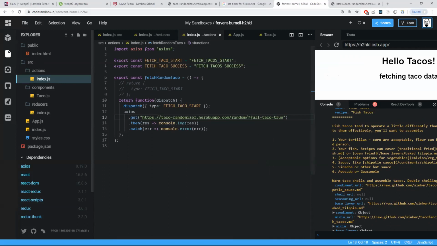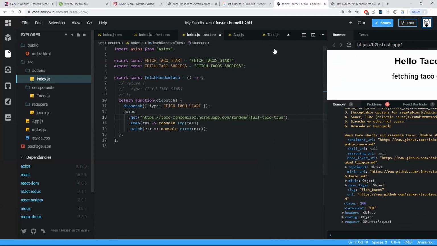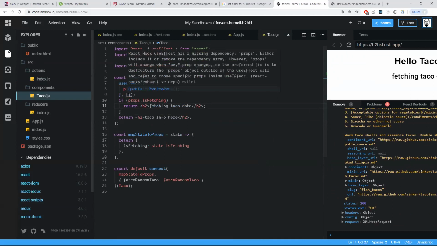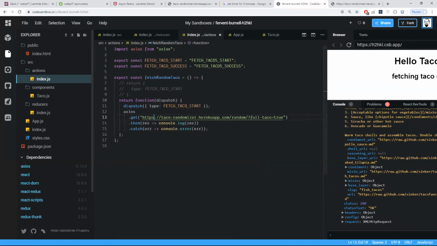And of course, we want this to be a different state. We're going to do that here. Yeah, let's do that now. So our taco, fetch random taco as we start. And then through the fetch random taco, this action creator, since we are passing back a function that receives a dispatch, the thunk middleware knows it needs to send them this dispatch. And so now here we have access to dispatch. We can send this at first, and then on a success here,